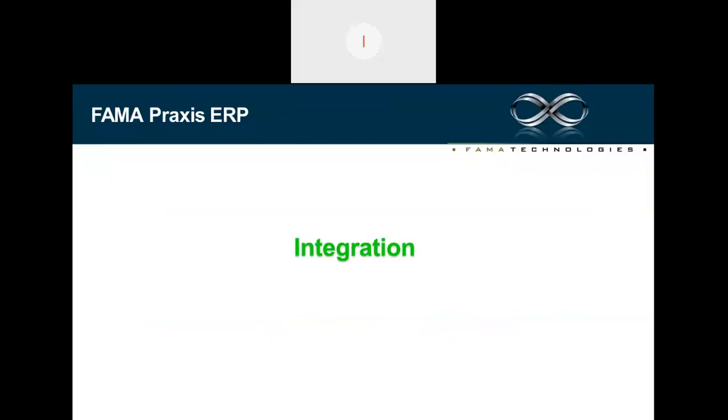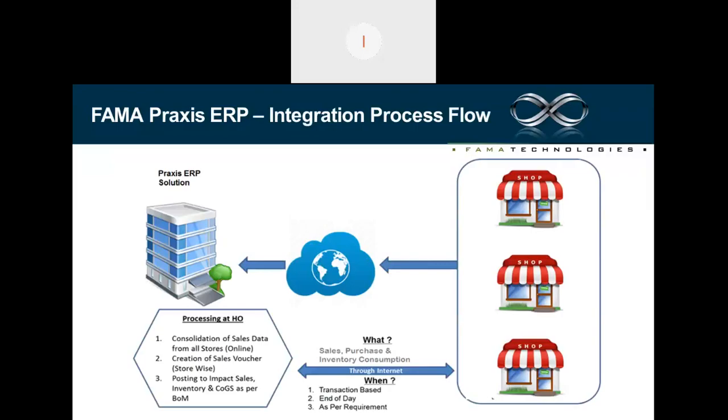So let's go to the final integration process flow. Forma Praxis ERP integration process flow. I will try to explain it in a visual process that will help you understand how the implementation of integration can be possible. We already did this, and Alhamdulillah we achieved this, and we are explaining that this can be possible